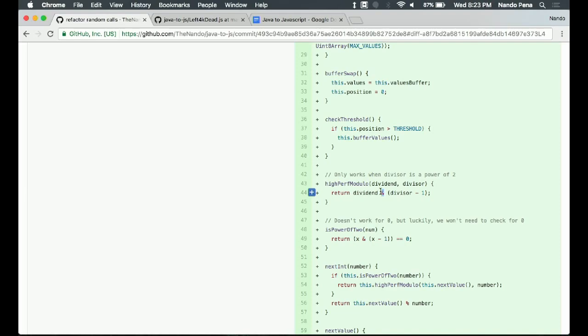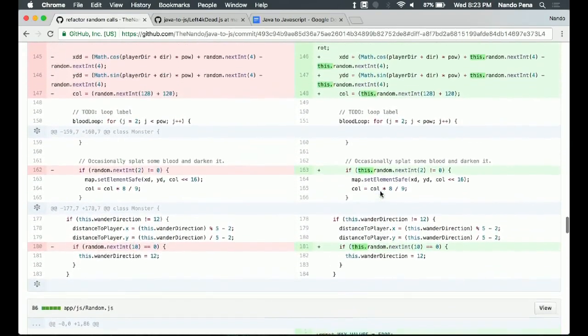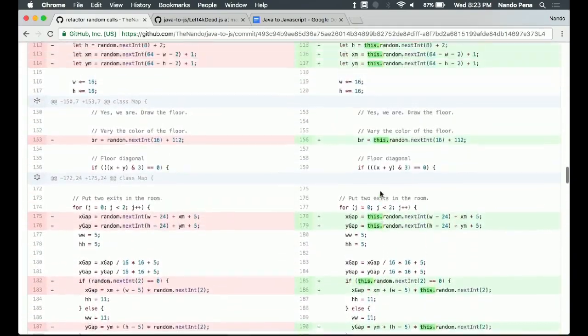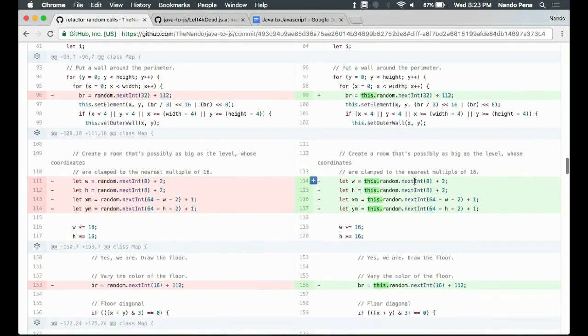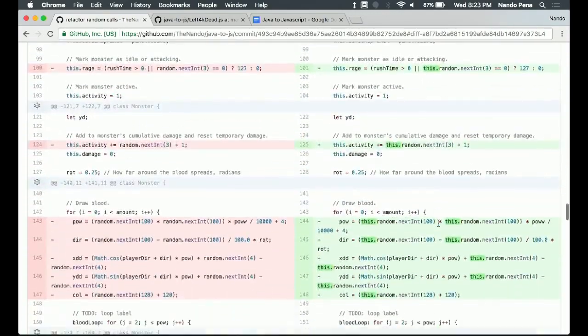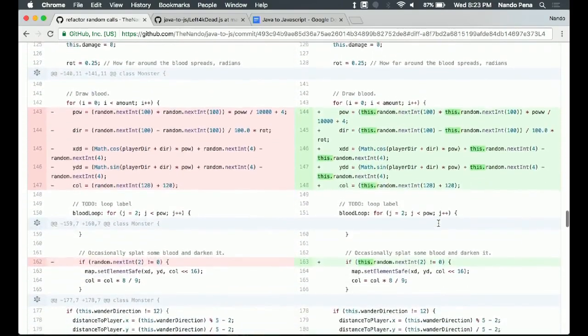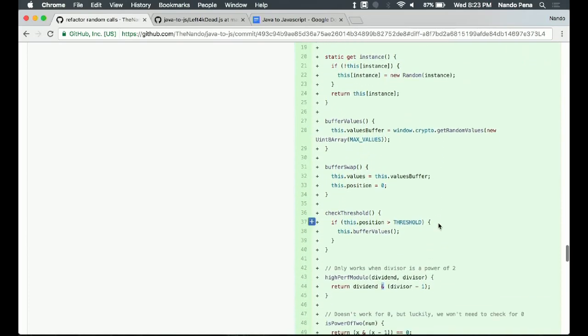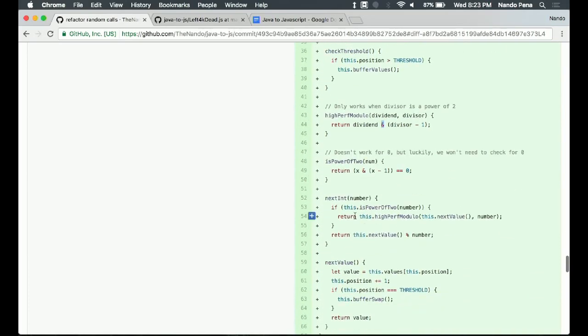But at the same time, as I was looking through this file, I noticed that half of the times I'm generating this number, it is going to be a power of 2. 8, 64, 16. There's a 2, there's some 4s and some 8s in there. A lot of these things are already powers of 2. So I thought, maybe I can actually get some benefit out of this. So what I decided to whip up was, whenever you ask for an integer, if the number's a power of 2, then you'll use the high performance modulo. Otherwise, you'll just use the built-in one and hope for the best.